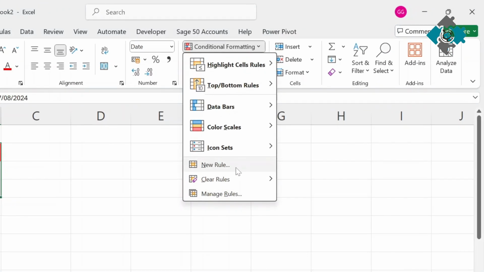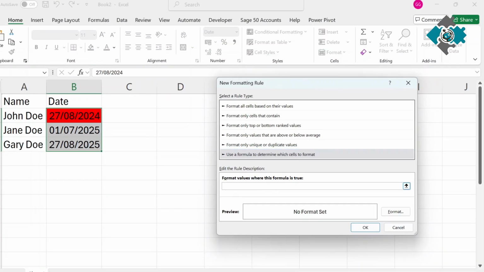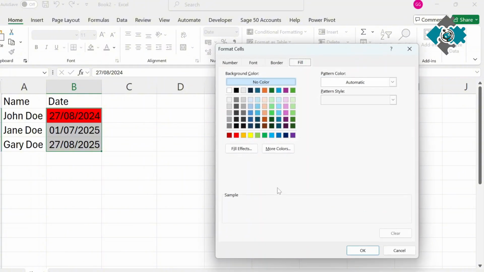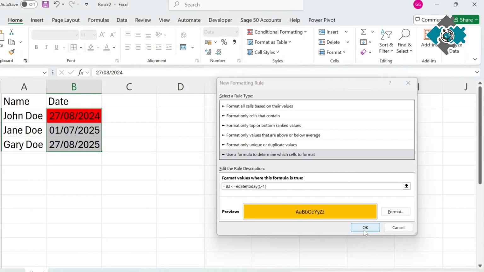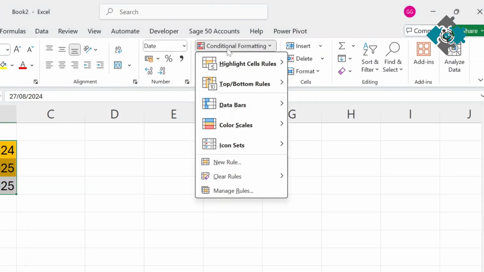We're going to need to do the in-between one now. So let's just add another one. And this one is going to be a similar setup. So B2, but this time we're just going to check if it's a month ago. So again, eDate, and we're going to use today, but instead of -12, obviously we're just going to do -1. And then we're going to make that orange. So as you can see there, it's actually highlighted both of them, and that's due to the ordering of the